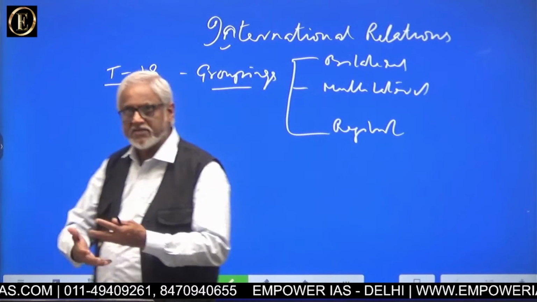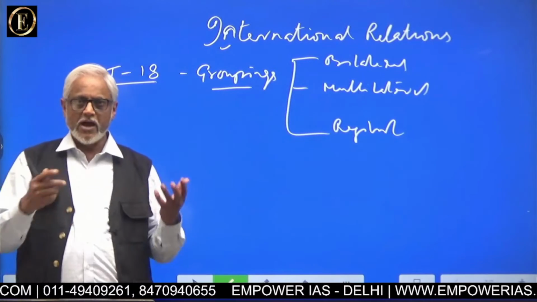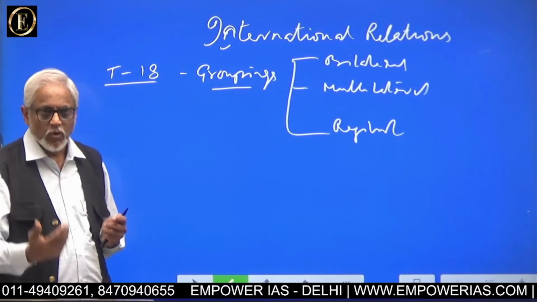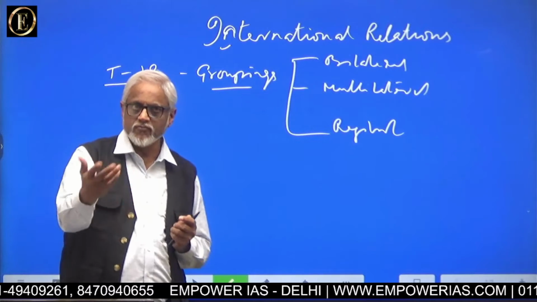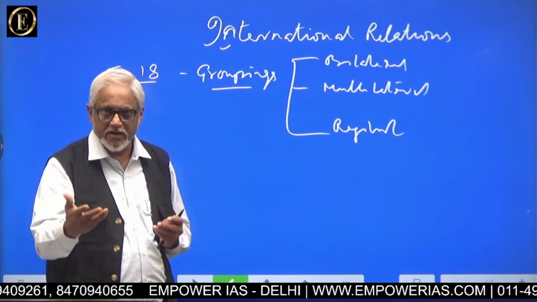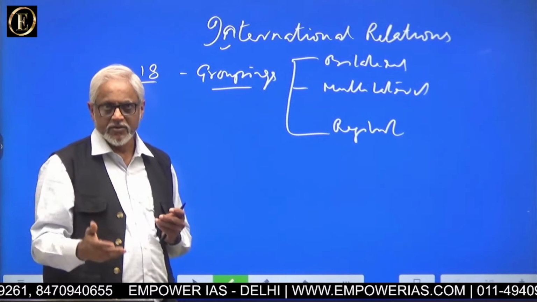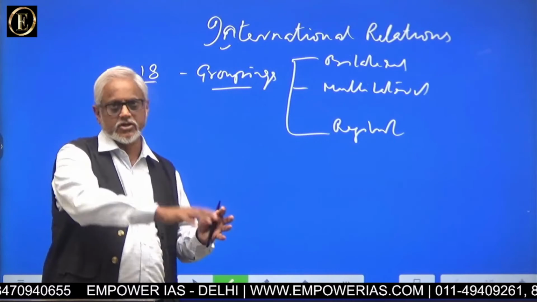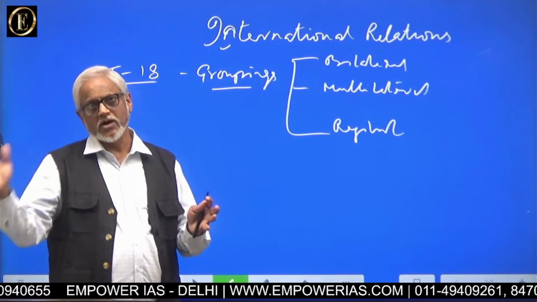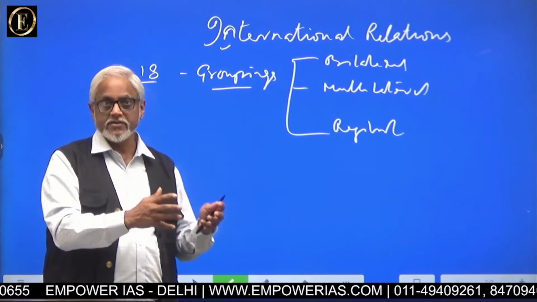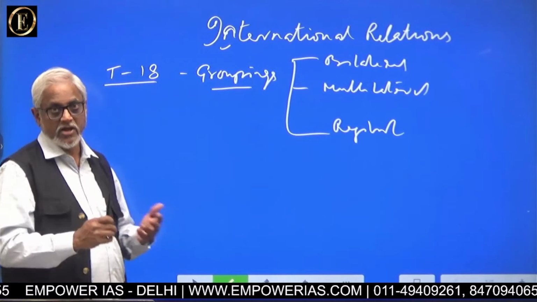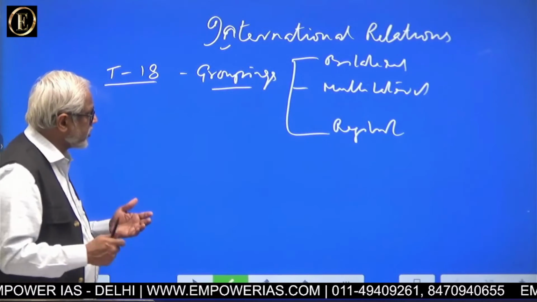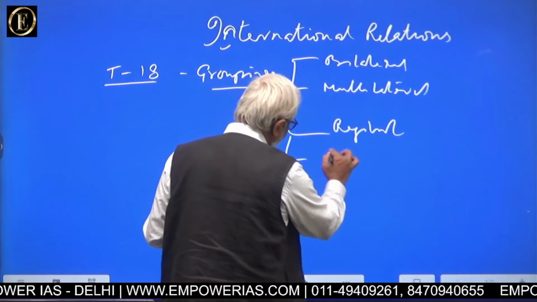which is a regional grouping or multilateral grouping. So this kind of groupings are there. India can have a bilateral relation with one country like Myanmar or in South Asia, and it can also have a relation as a whole with ASEAN. It can have a relation with Central Asia. It can also have a relationship with the entire SCO, Shanghai Cooperation Organization, in which Central Asia is a major stakeholder. So this kind of bilateral, regional, then global